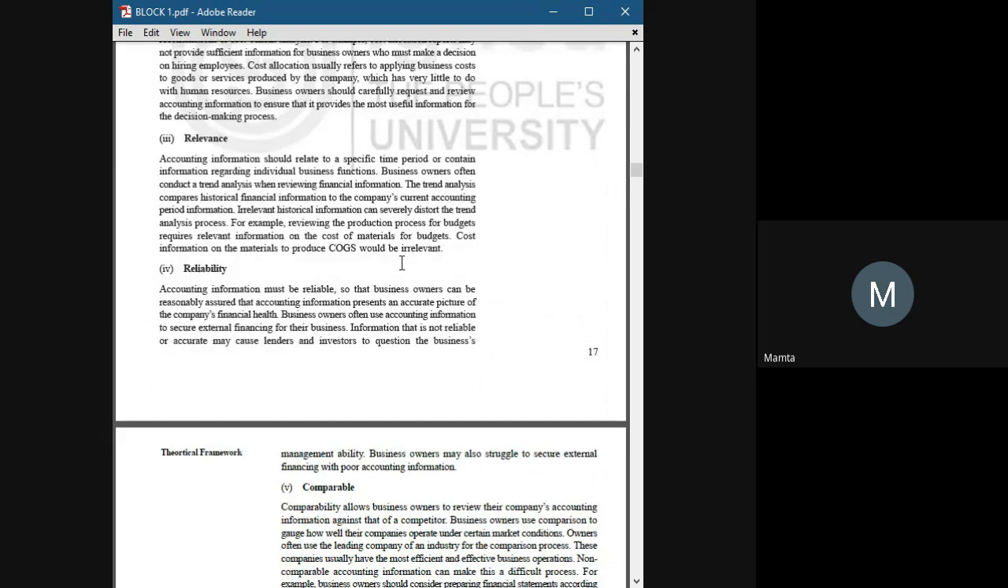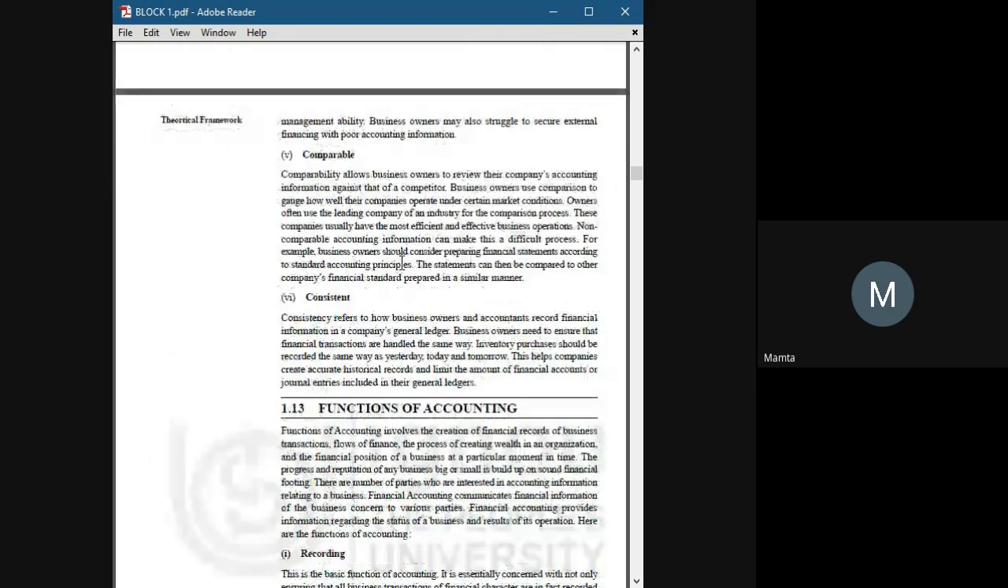Reliability. It must be accurate. You are not making up the transactions or doing any fraud with the data. So your transactions must be real and accurate. No omissions, no mistakes should be in your accounts. Comparable. Your data must be comparable to your competitors,